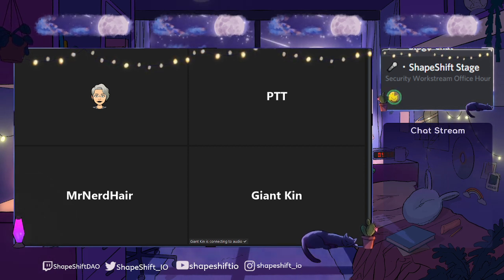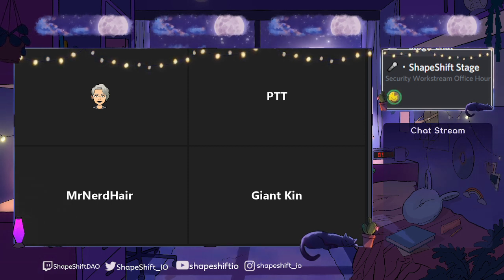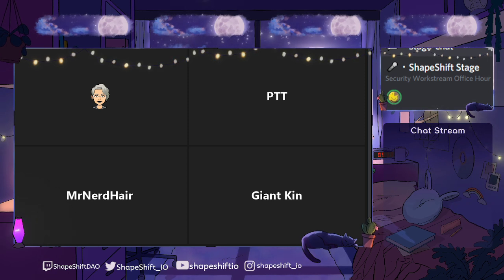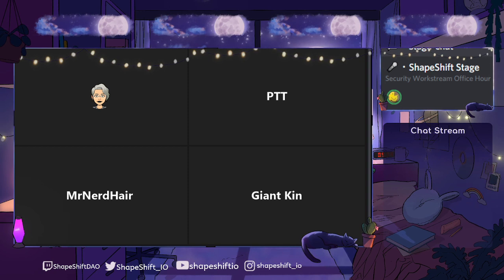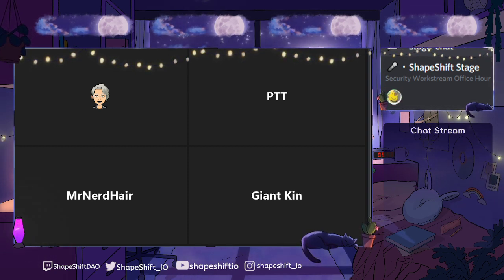In the beta.shapeshift.com platform, it's a non-custodial platform because your keys aren't accessible to anyone else without your password, but there is an encrypted backup of your keys that's saved to the server. And when you log in on a different device,